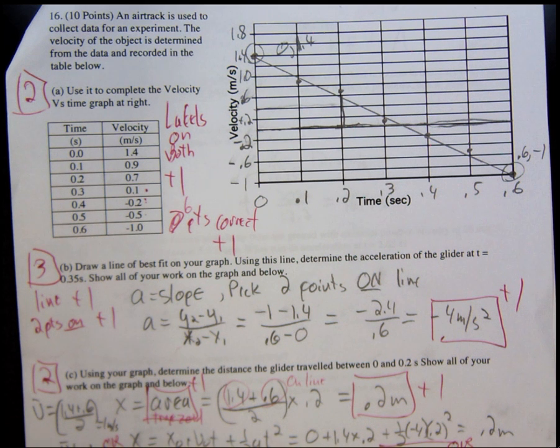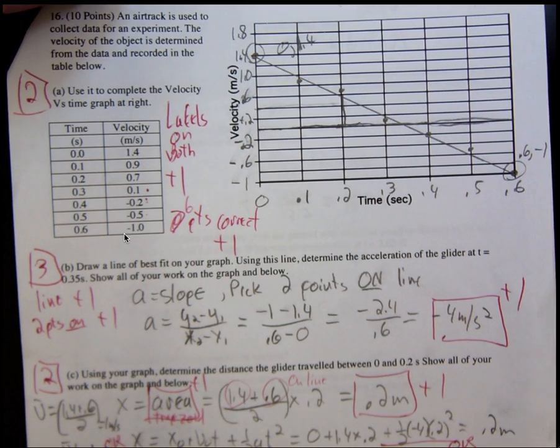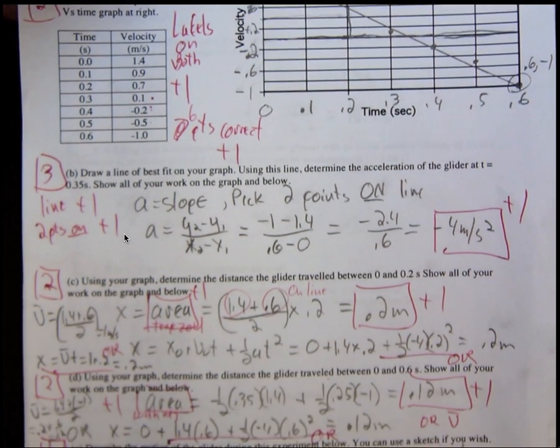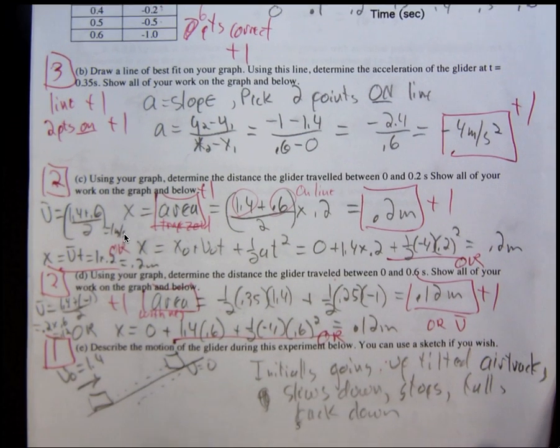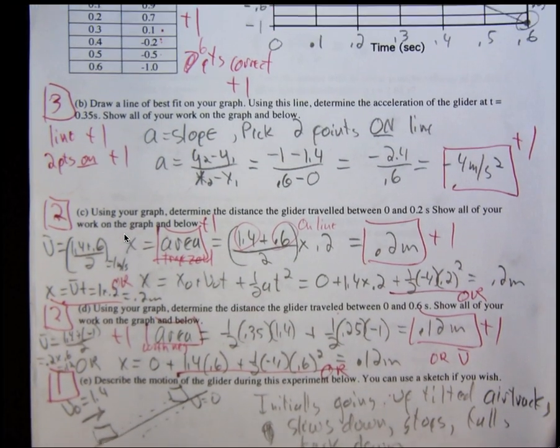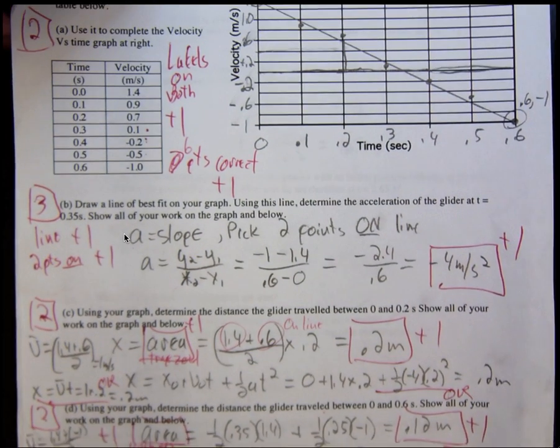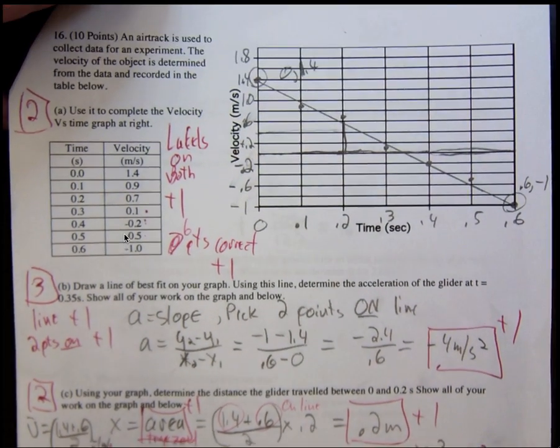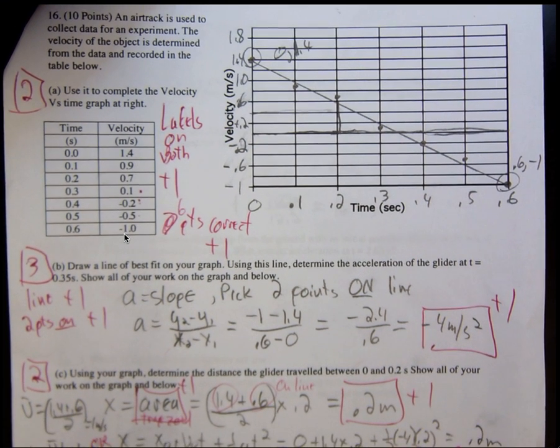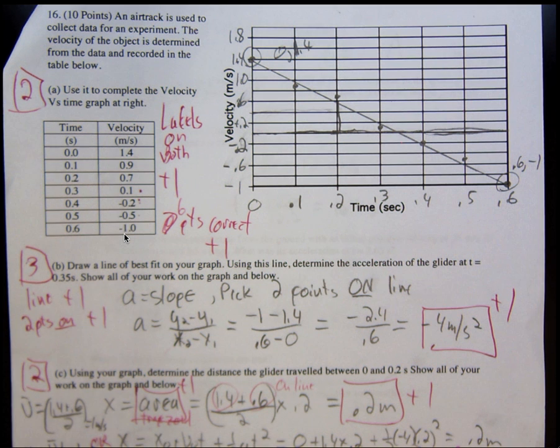Let's take a look at the second problem on the kinematics test, the second free response, number 16. If you want to just look at my solution here, I'm just going to scroll it up and back, so in case you don't want to listen to me, you can just look at the images and figure stuff out on your own. I do recommend you read this over carefully if you're going to bother to sit and listen to me, and then join me again. So here we have a data table of velocity and time for an air track experiment,